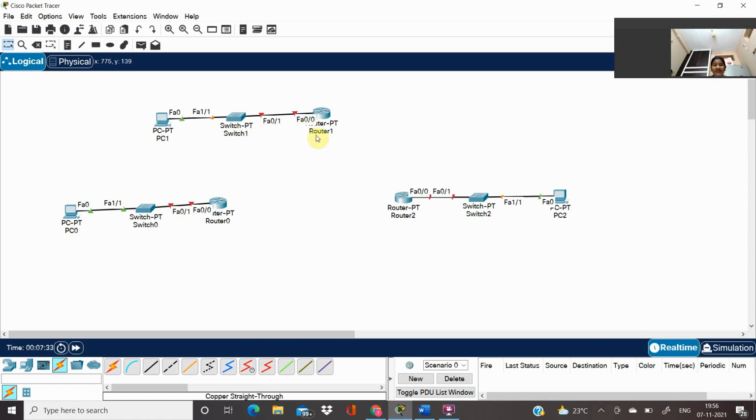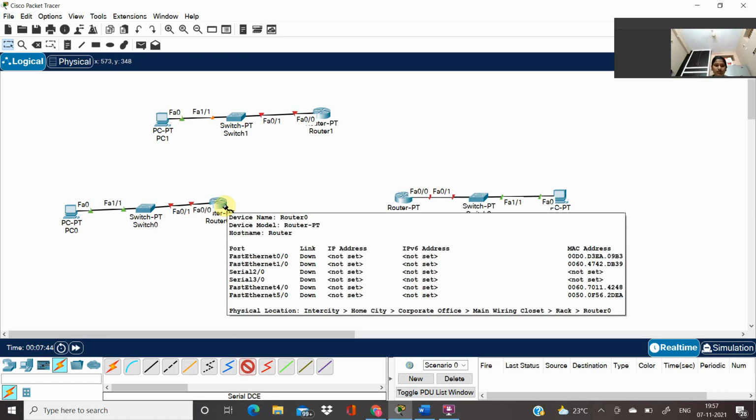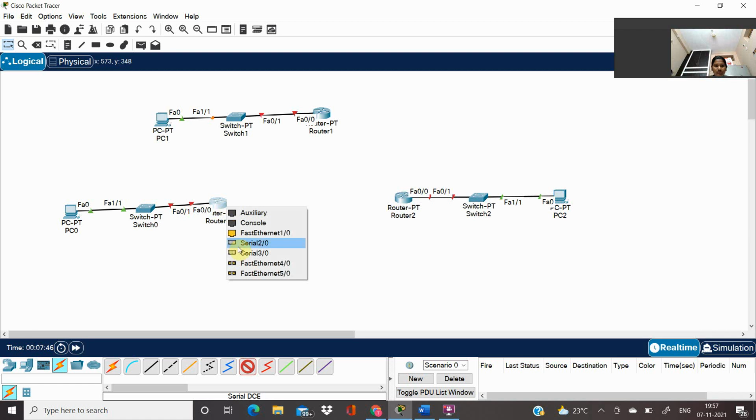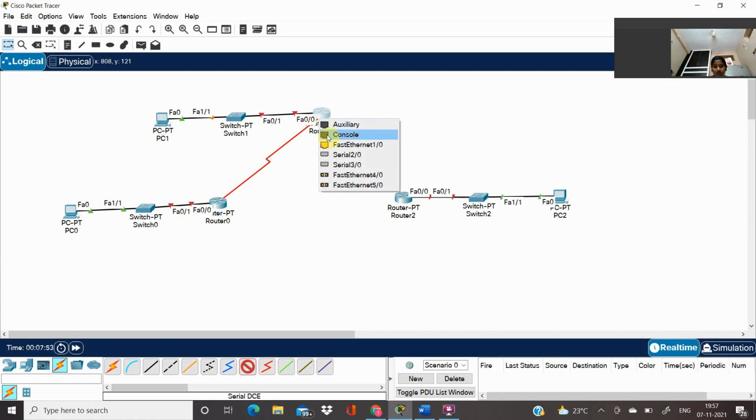And I'm connecting these routers through serial DCE. Again I am taking serial DCE to connect from router 1 to router 2.